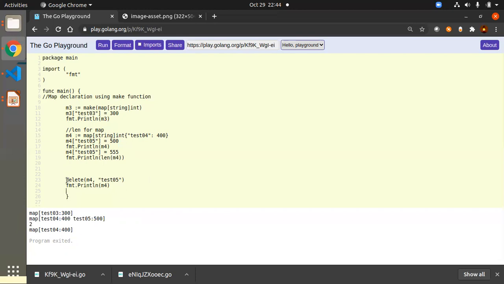And then after, you are deleting only one entry, M4 05. In the M4 map you are deleting the entry which has the key as 05. After deleting, it will have only the 4 and 400. That's the reason you are getting only those things. So in this snippet we have understood how to update or make a new entry for the map and how to use the len function. And we have seen how to create the map by using the make function as well.